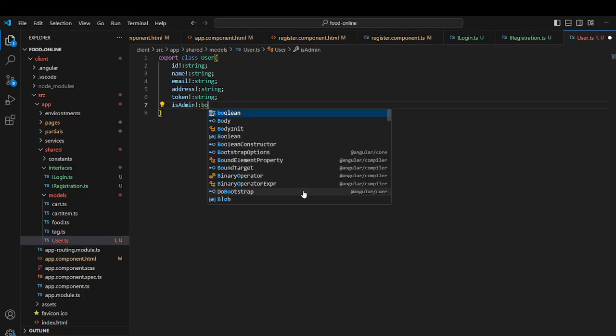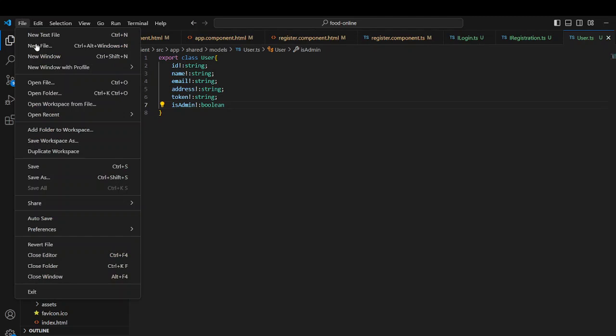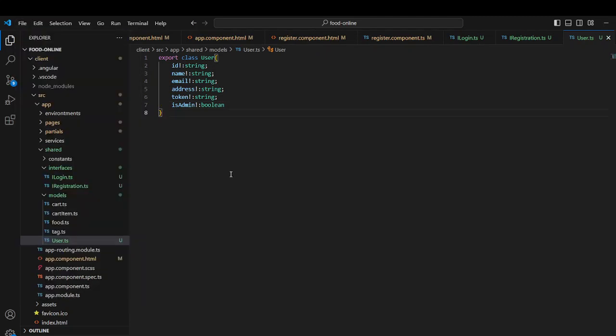Okay, boolean. So we have successfully created the interfaces and the class. Now it's time to